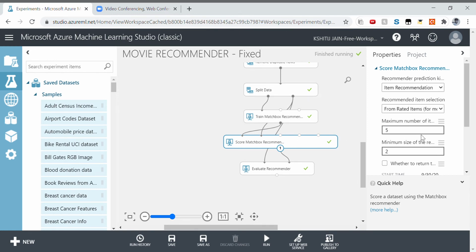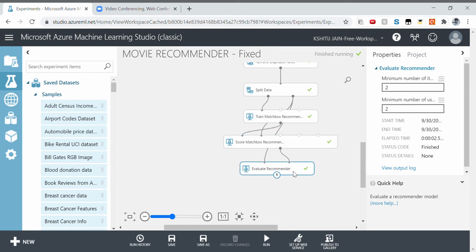So here we will select a maximum of 5 recommendations and a minimum of 2 recommendations. Item recommendation we will select here, and from here we will select that whatever the user has rated, only those items will be recommended.